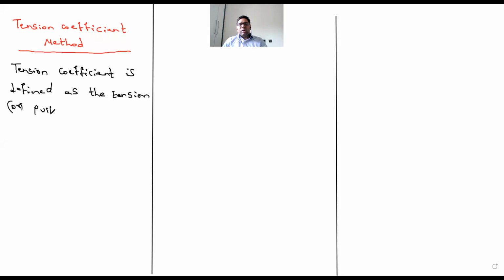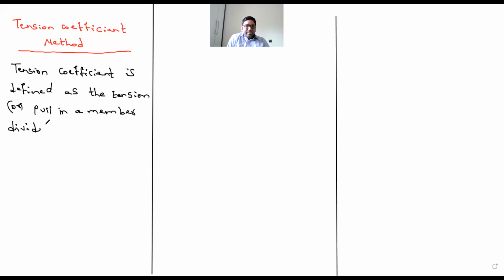So what do you mean by tension or pull? When you have a member, if you are pulling it, it will undergo tension. So both phenomena are the same. Tension or pull in a member